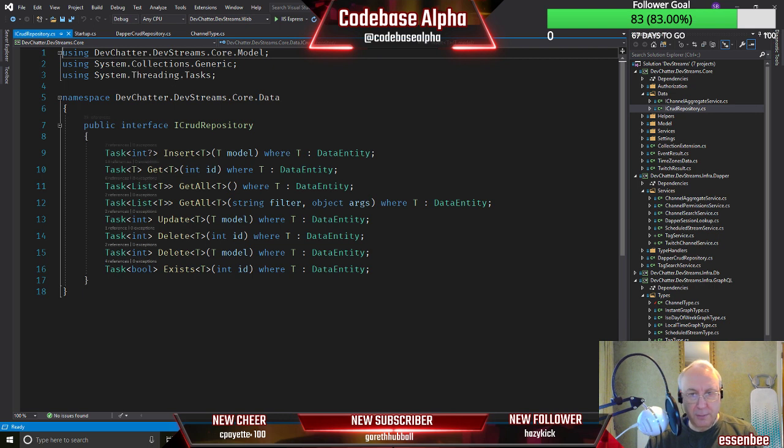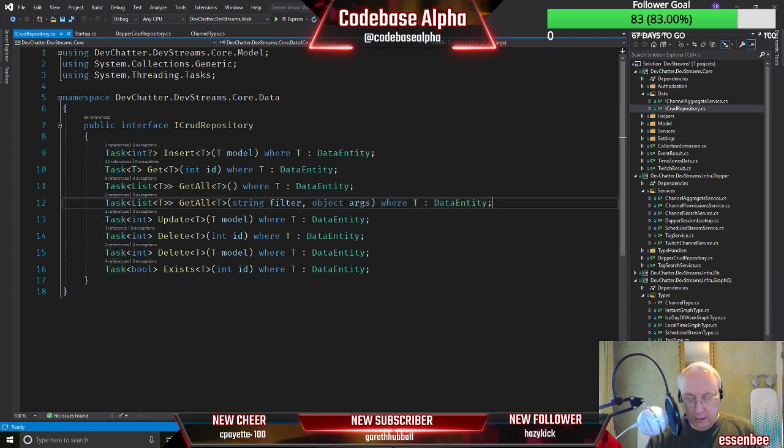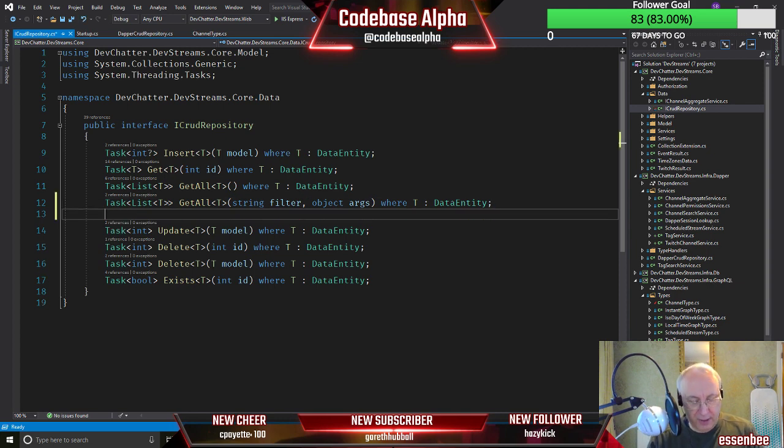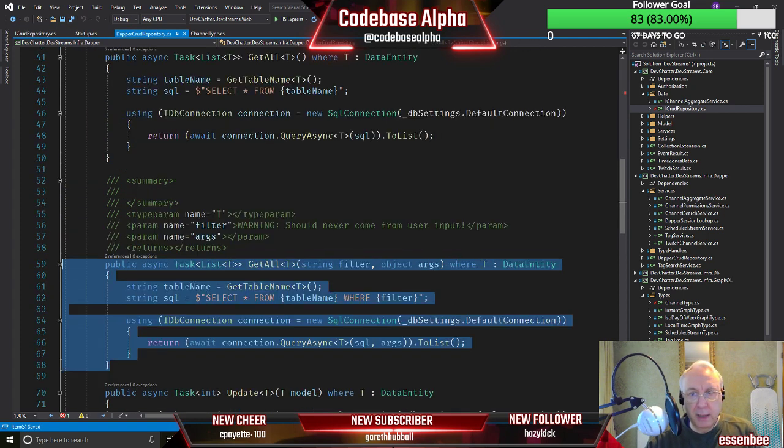We've got this line here, this get all with a filter and args. Let's have another version of that, which is filter a string, order by, and the args, and implement that.